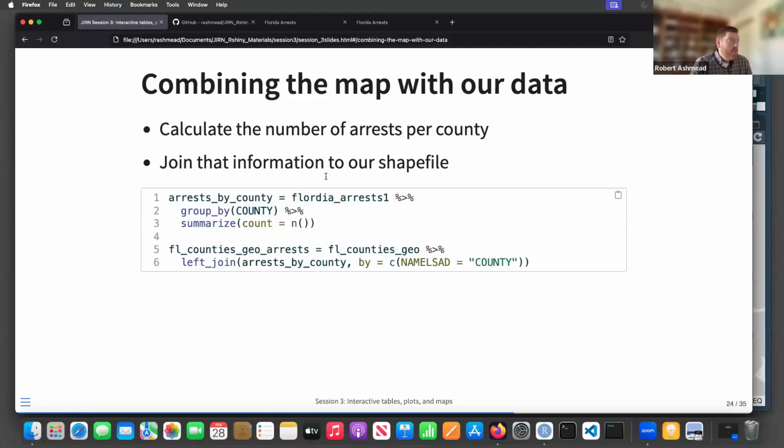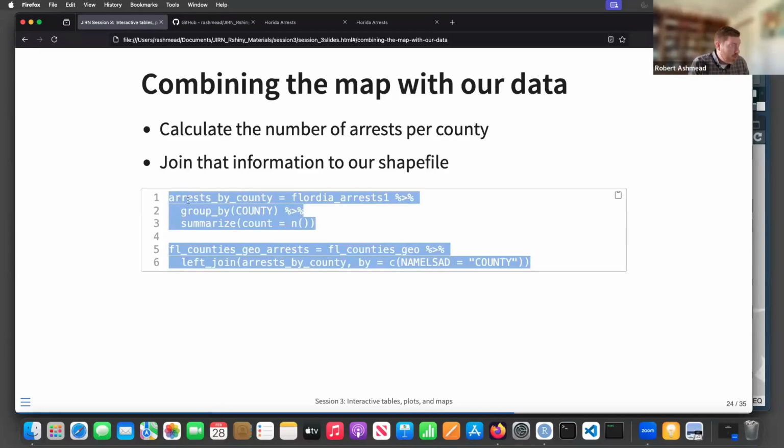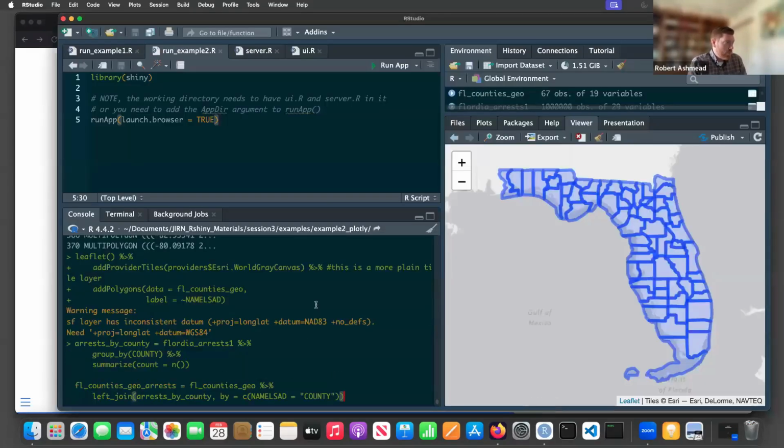But what we want to do next is combine the map with our data. To do that, what we're going to first do is calculate the number of arrests per county. So that's just this little calculation here, group by county and count. And then I'm going to take our shapefile object and do a left join to the information matching the names of the county up. So a left join means everything in our left data set that matches our right data set. Here, there should be a one-to-one, so it shouldn't really make a big difference. So if we do that,